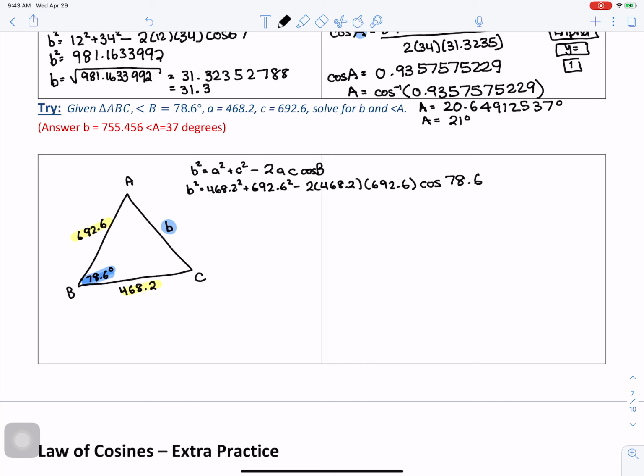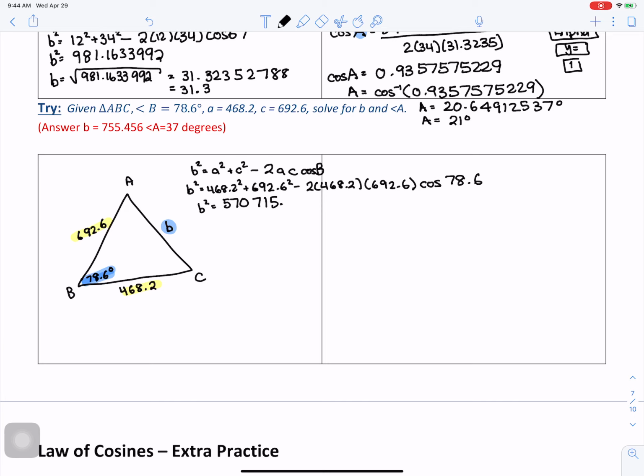You carefully type that into your calculator. So 468.2 squared plus 692.6 squared minus 2 times those two values. Make sure you put brackets around those. 692.6 cosine 78.6. It gives me a really large number, which it probably should because, again, this is the square